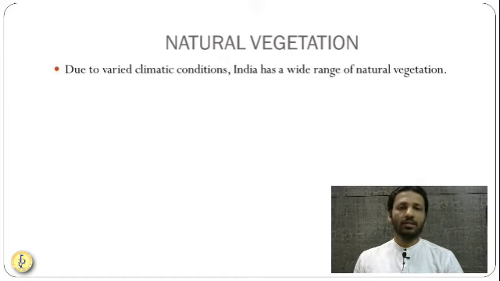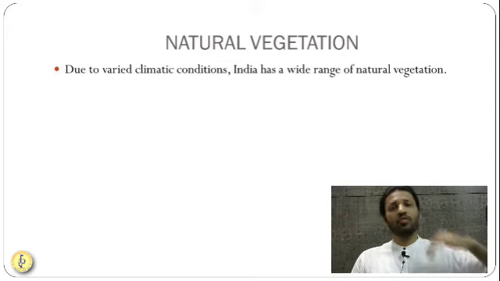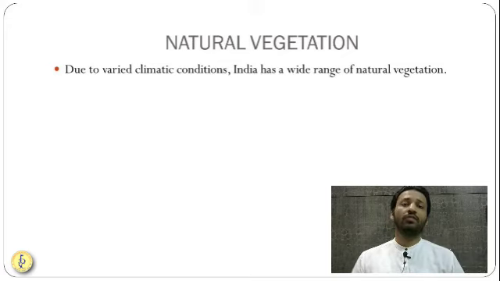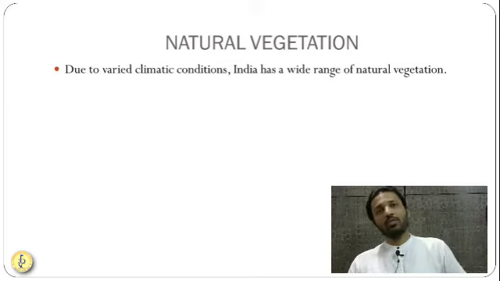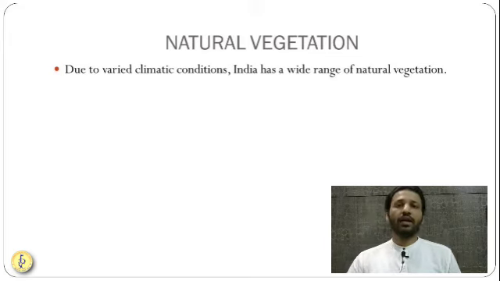For example, at the base of the Himalayas, you can see evergreen forest and deciduous forest. As you move upwards, let us say to 3,500 meters, you will see softwood trees like Deodar and Chinar. Then as you move further upwards, you will see coniferous trees, where they face a huge amount of snowfall. And at the top of the Himalayas, you will see almost tundra-like conditions. There you will see only fungus and lichens. Okay, so natural conditions in India vary from region to region.